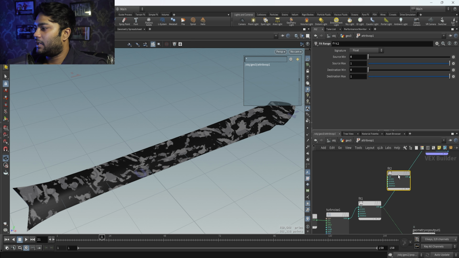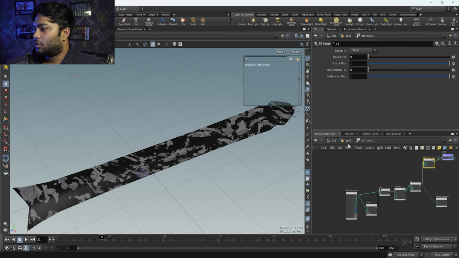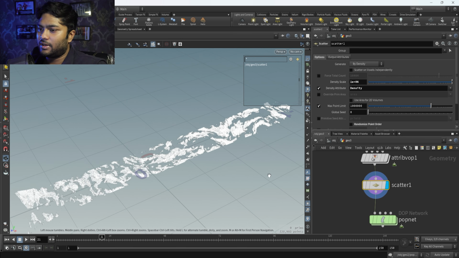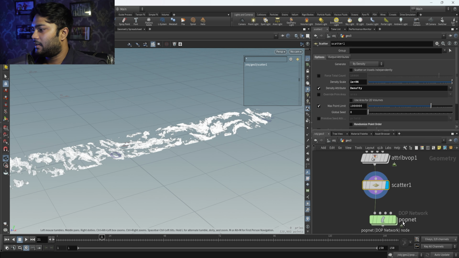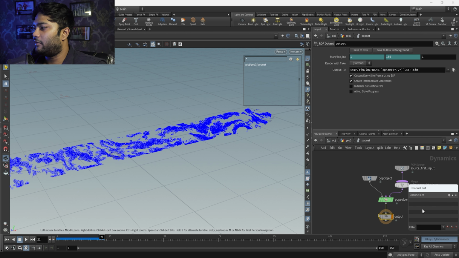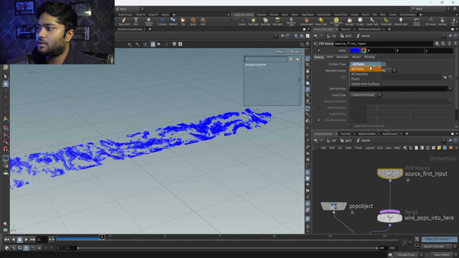So we will take one more fit range here, and you can create some noise with the help of that. Now in this scatter, you will get this type of effect here. In the pop net also we will enable the pop net, and we have to just go to the source of first input and click on the all points.